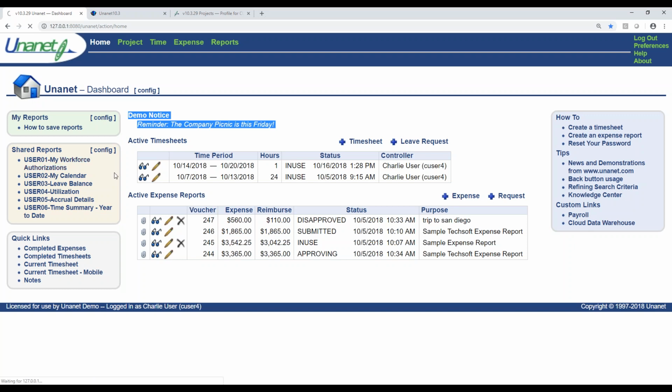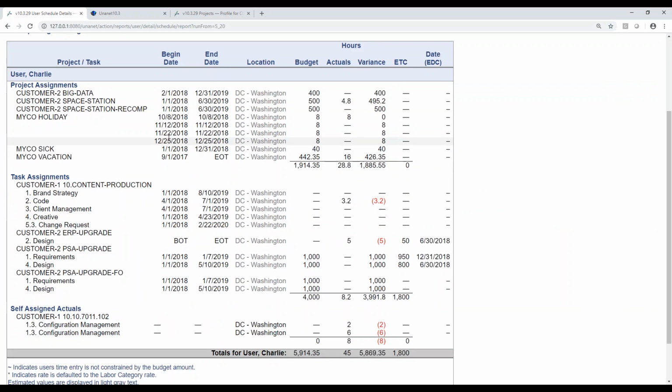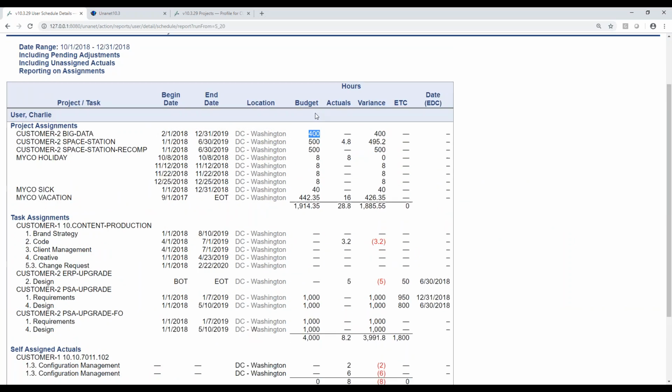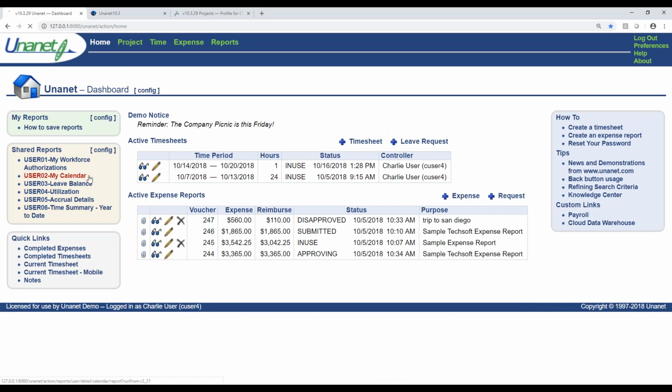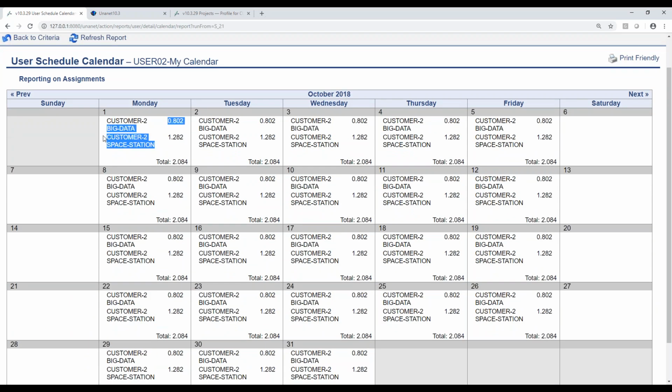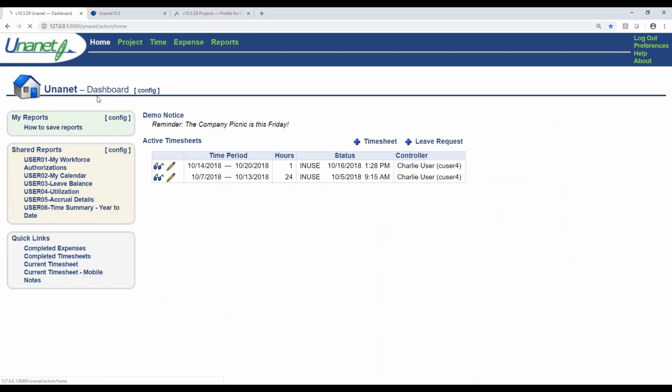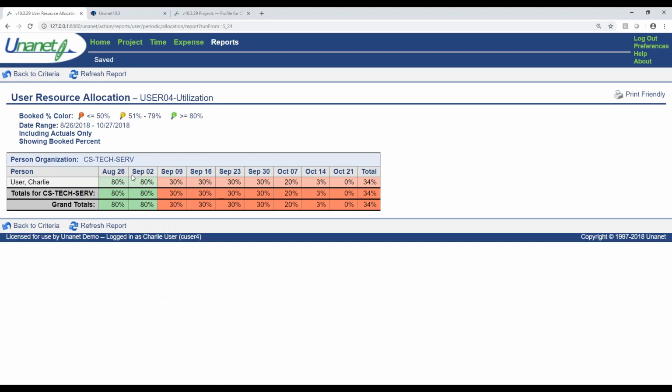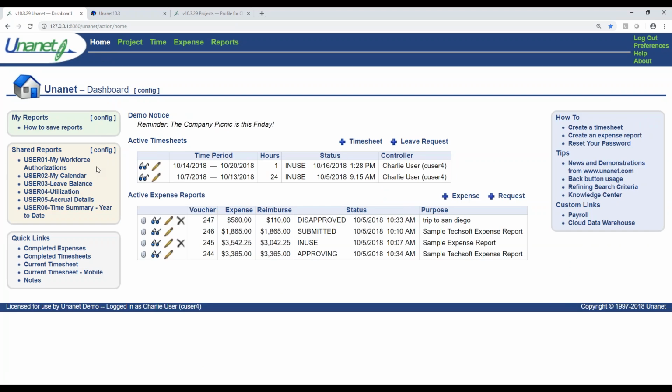Some of the other end user reports that a lot of our customers want to see. So here are the projects on which I'm authorized to work and the budget that may be assigned for me here. I can also go in and see the projects on which I'm planned. So here I can see these are the 2 projects, and I'm only planning to work for 2 hours actually on this Monday. I can see my utilization. So Charlie can go in here and see what his actual utilization has been. And he's had a couple of good weeks, but some bad weeks. I mean, Charlie needs to be concerned relative to hitting the goals that we set for him.